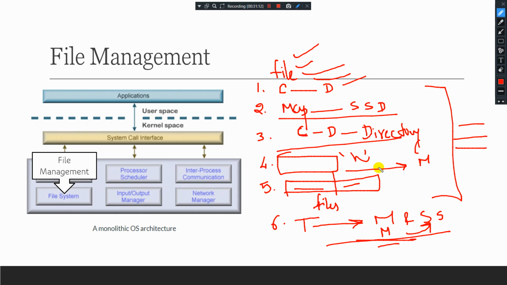So whenever I'm going to open an existing file or create a new file, these are called by the open functions of the kernel. The kernel resolves the path from where it is being opened, from where it is going to be accessed. This is controlled by the kernel of your file system, by the file management. Okay, this is about your file management.